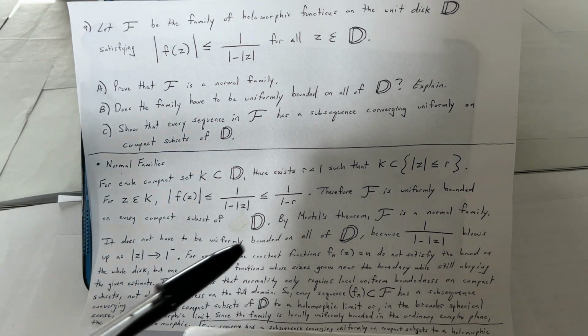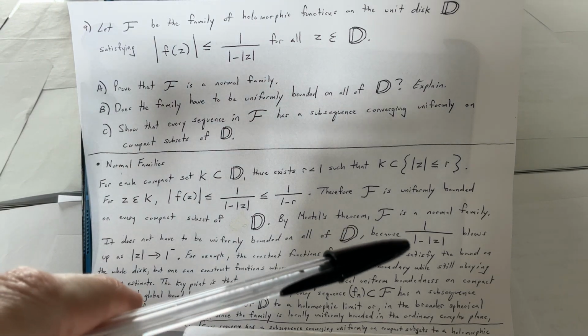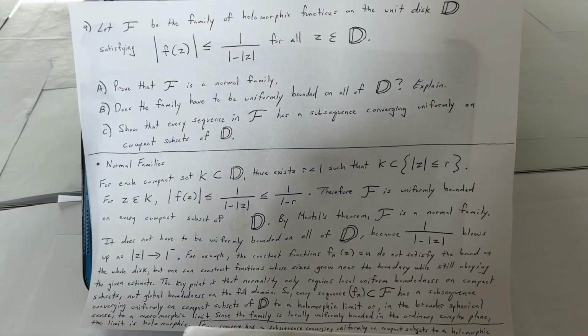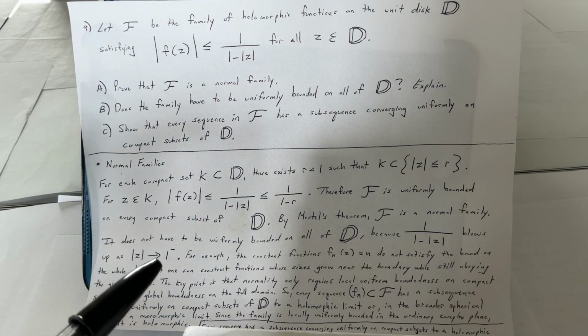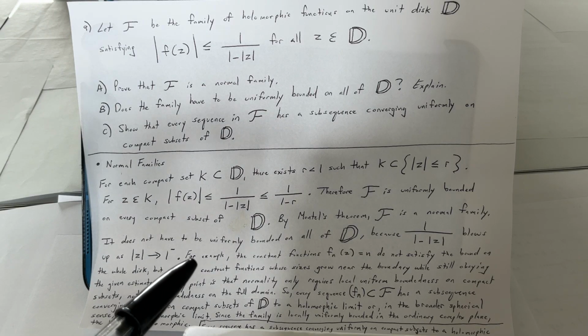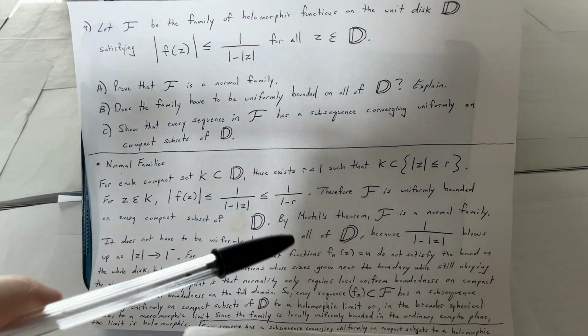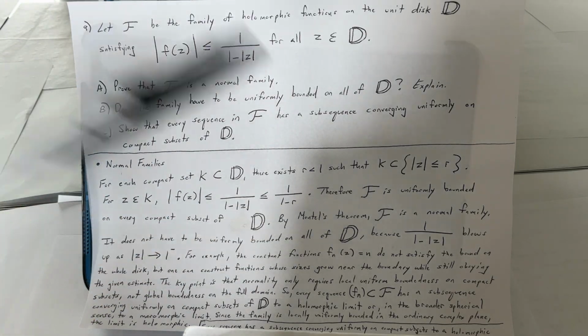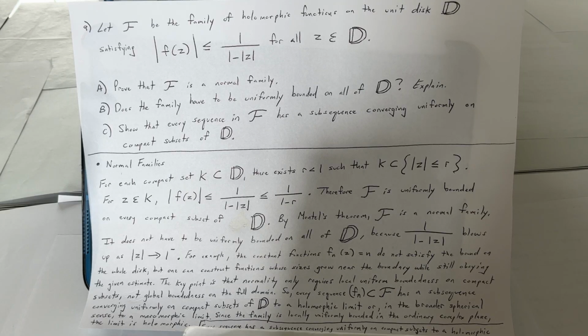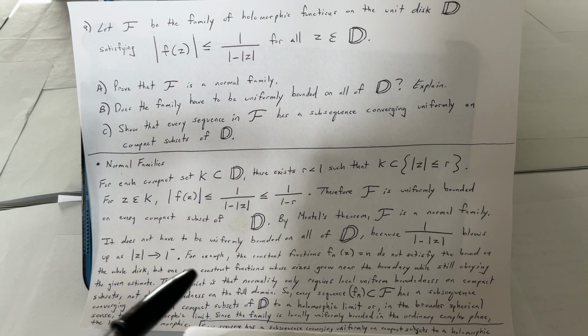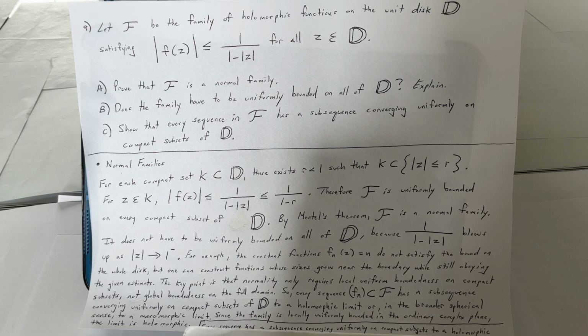It does not have to be uniformly bounded on all the unit disk because 1 over 1 minus the absolute value of z blows up as the absolute value of z goes to 1. So for example, the constant functions f sub n of z equal n do not satisfy the bound on the whole disk. But one can construct functions whose sizes grow near the boundary while still obeying the given estimate. And the key point is that normality only requires local uniform boundedness on compact subsets, not global boundedness on